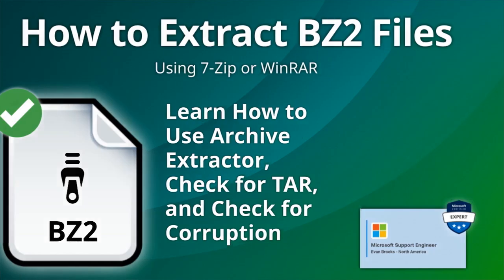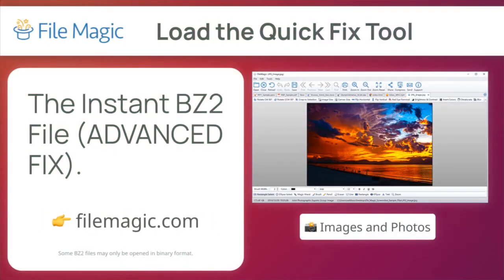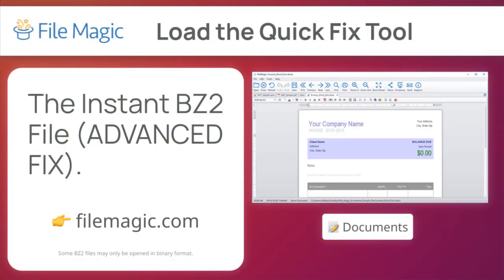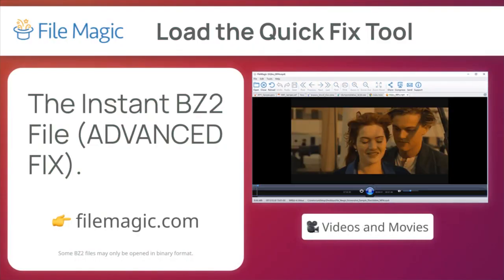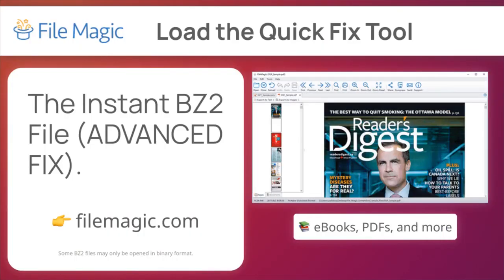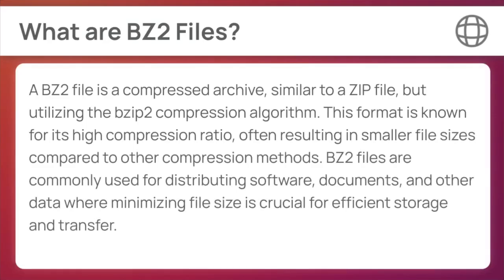Let's unzip it. Preventative action. I strongly suggest keeping a universal file reader on standby. It often gives you access to the contents even when the BZ2 format fails. More on this later. A BZ2 file is a compressed archive, similar to a zip file, but utilizing the Bzip2